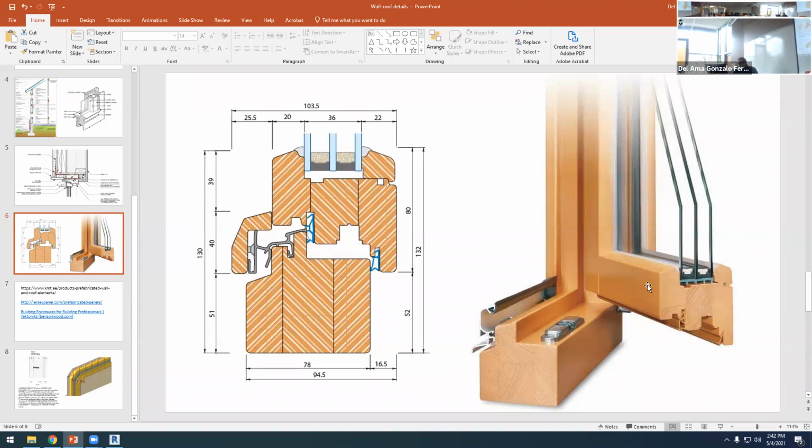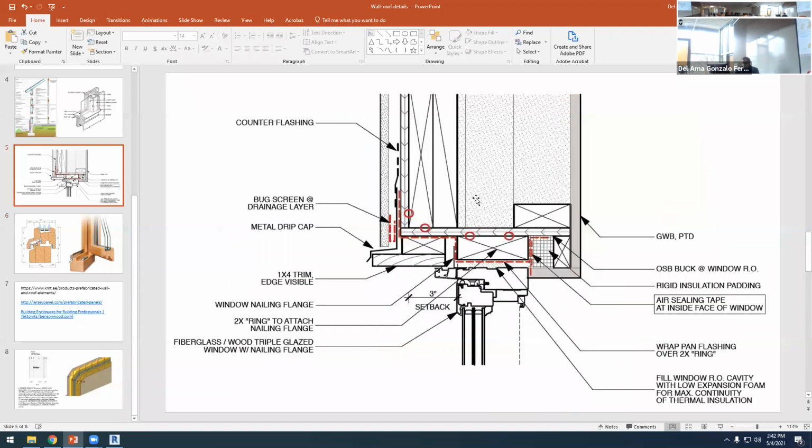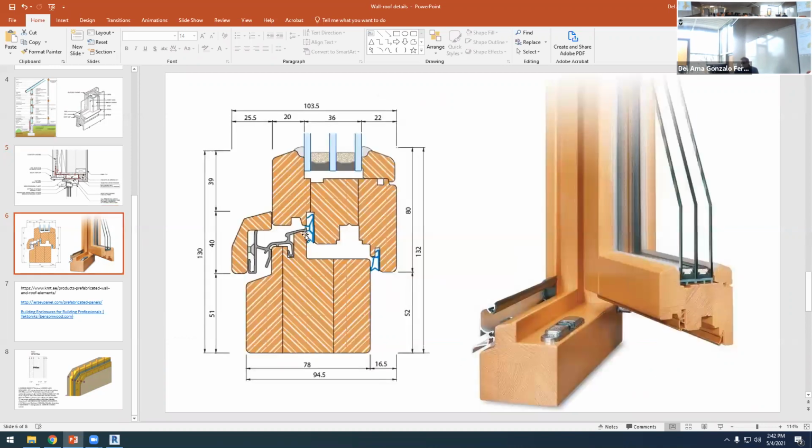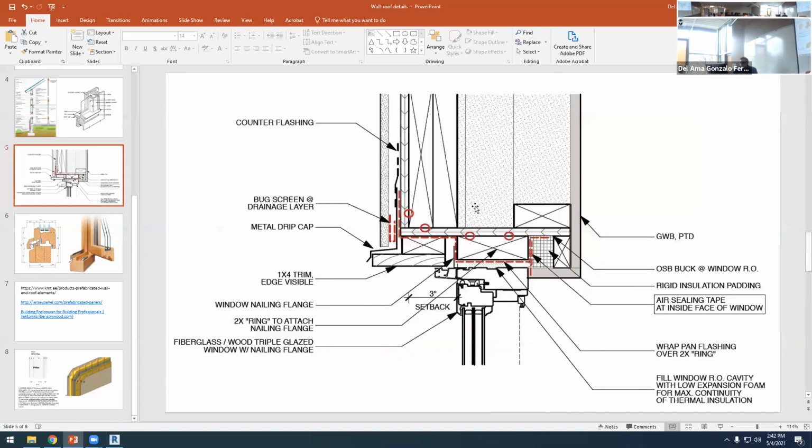Anyway, designing windows is complicated. We don't have to do that, but we need to understand what a window looks like, because eventually we have to connect our wall to the windows. And there are a lot of elements between the window itself, the frame, the openable frame, and the openable window in the frame itself. This is the wall. So between the window and the wall, there are a lot of tiny elements that we need to understand. Okay, we will do this next week,